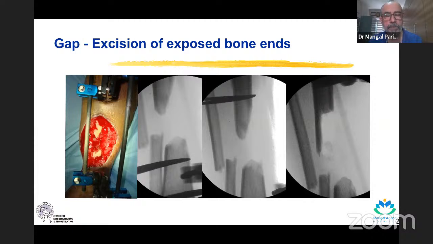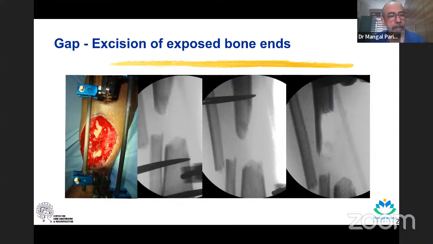But if you've got large gaps, if you've got poor soft tissue, if you are challenged in the sense that there is not adequate support, say from plastic surgeons, if you're in a smaller place, which is becoming lesser and lesser, I think, because nowadays you have good specialists even in smaller cities. But wherever there is a gap, like in this patient who came with an open fracture a little late, and he had this